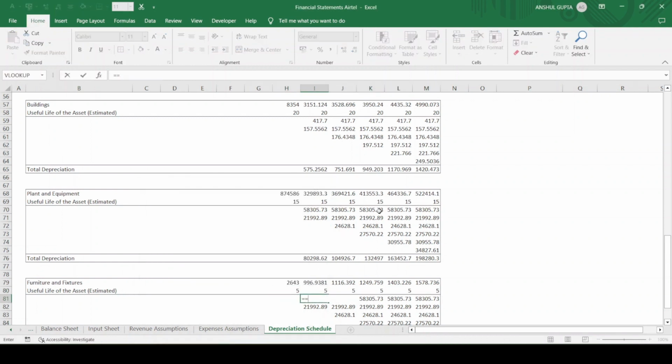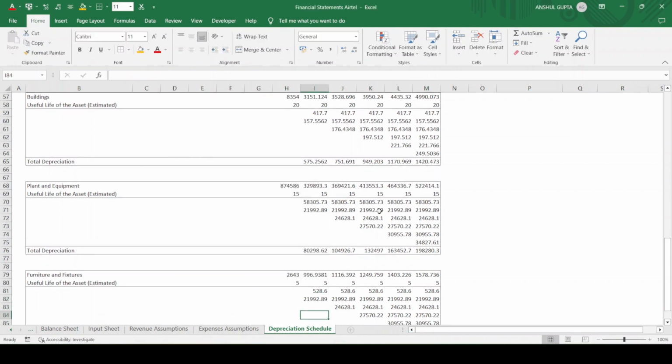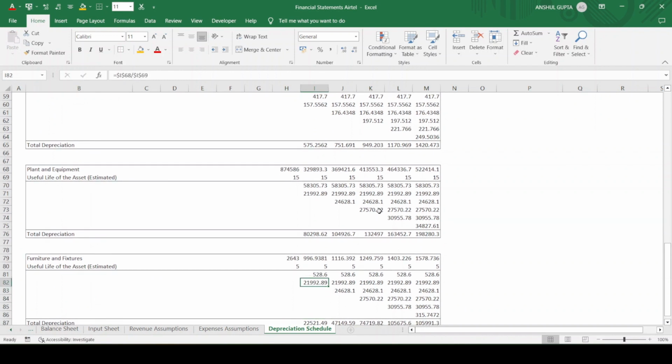Okay, equals to this value divided by the useful life, that is the 5 years. Fix the referencing, and copy it till fiscal year 2023. Okay, sorry, copy it till the fiscal year 2027, which is basically the last year of our projected financial statements,